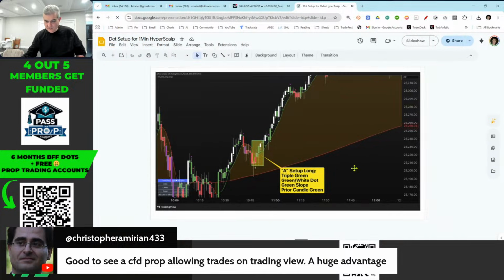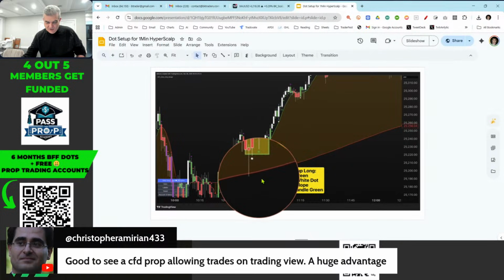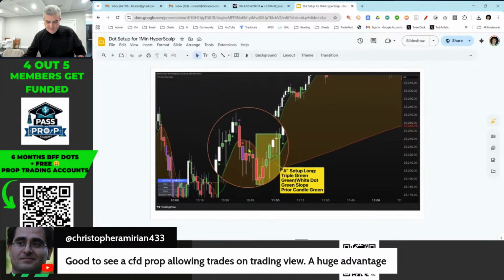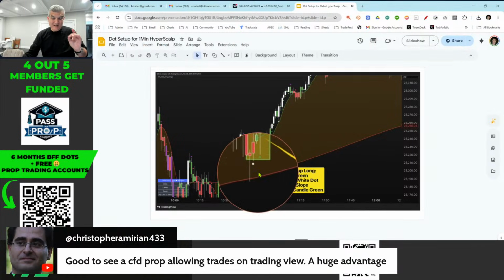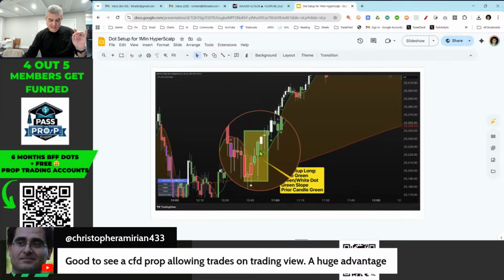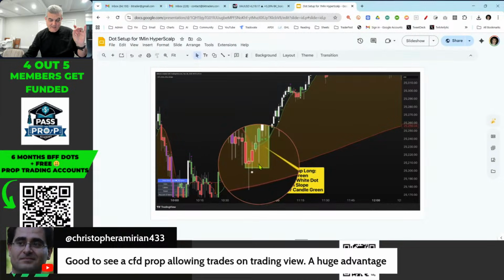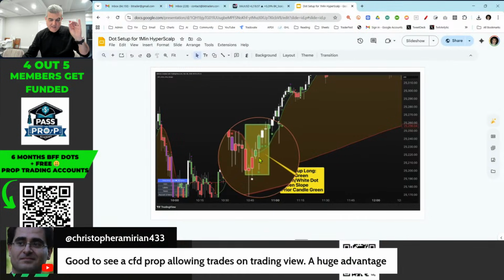Okay. So the classic money trade that we love to do is: this is a 200 period moving average. This is an 8 period moving average. The 8 period is green, that means positive slope. The prior candle is green. The current candle has a green candle and a green dot. It's a triple green play. Boom, boom, boom. We're super bullish on that construct.